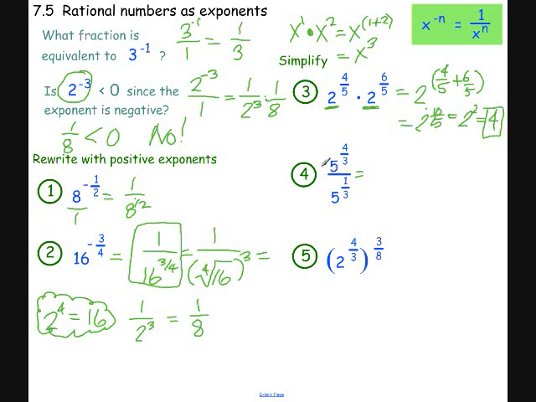In division, if your bases are the same, which they are, then you can subtract the exponent in the denominator. I'm going to start with the numerator, 5/3, and we're going to subtract 1/3,